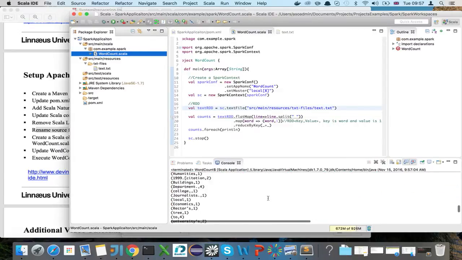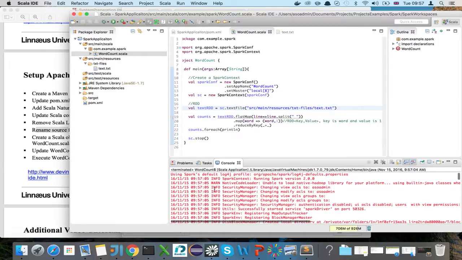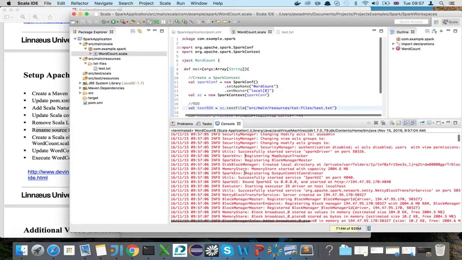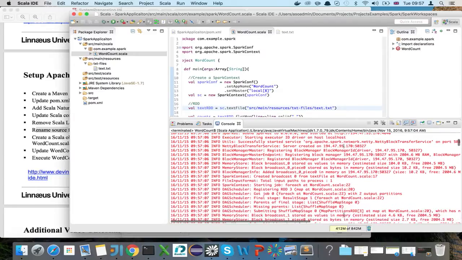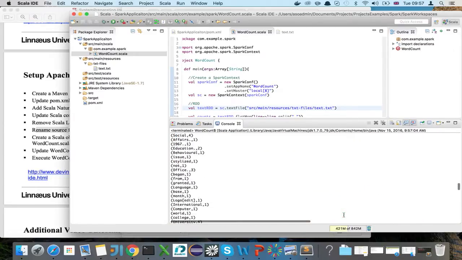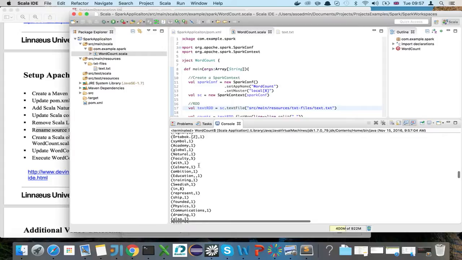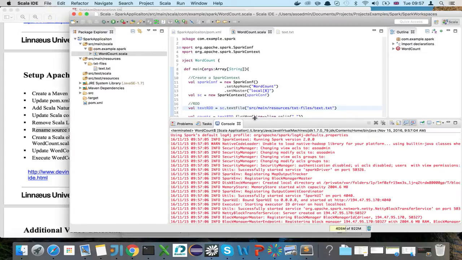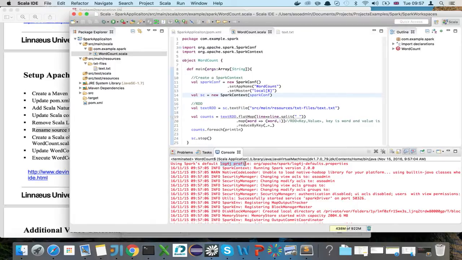Here is the output. It contains a word and the occurrence, the count of the word in the text file. And it also contains a lot of information here about how the Spark context is running and so on. Sometimes there is a lot of information like this and it's not convenient to see the output. So it is also possible to introduce a log4j properties file